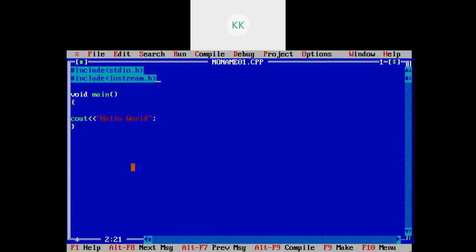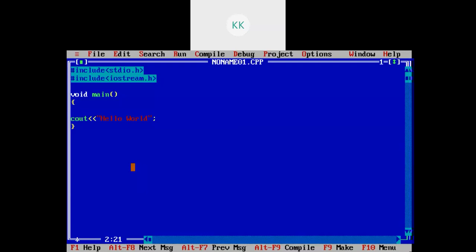So iostream.h means input output stream.h, right? Like I have already said, the cout insertion operator will insert the contents into the output stream, whereas cin will extract the content from the input stream. Right? So this file iostream.h I have included. Now I will try to compile it again. Control F9. It is not giving any warning.